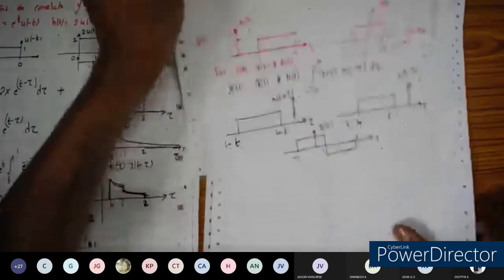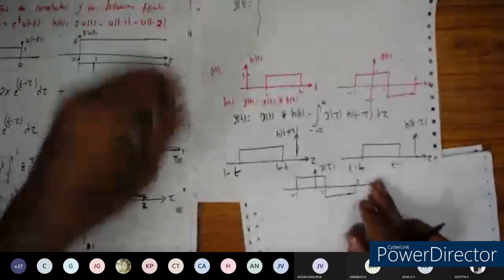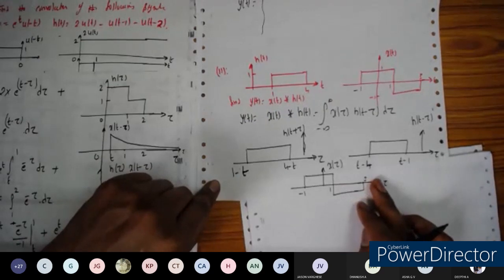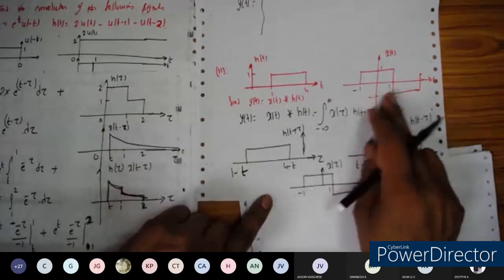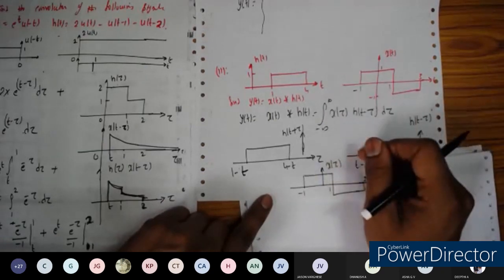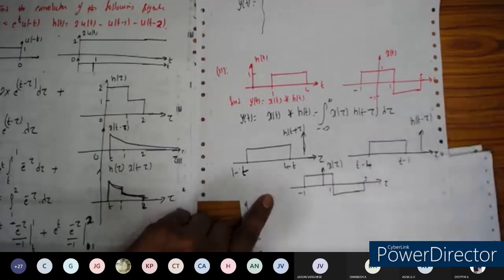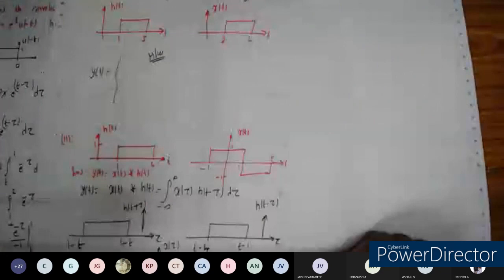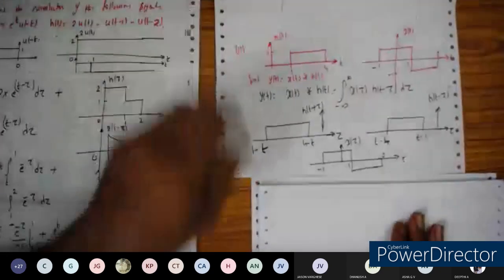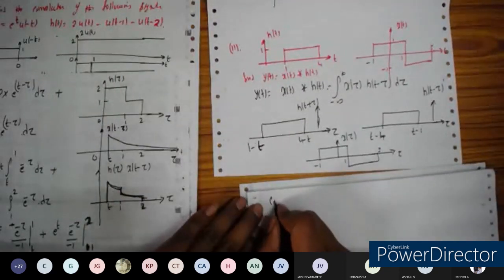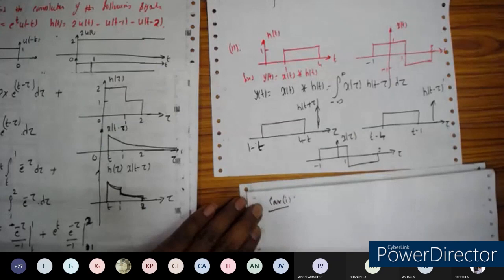The time limits, let us take accordingly. Shall I give the time interval and the waveforms I'm going to plot, so you can do the integration? Can I do that? I'm going to give the time interval. Yes, sir. Okay, so you do the integration so that it will be practice for you and also a recall when you study it easily.